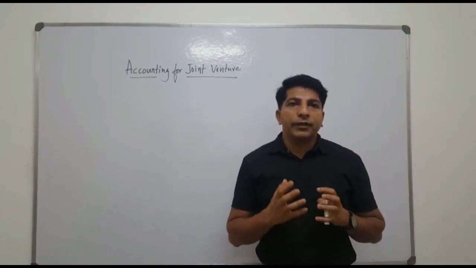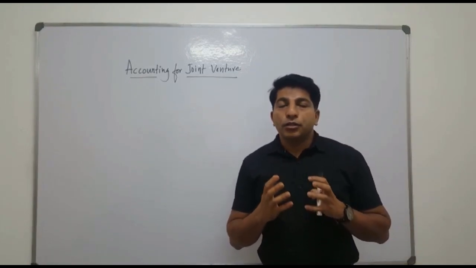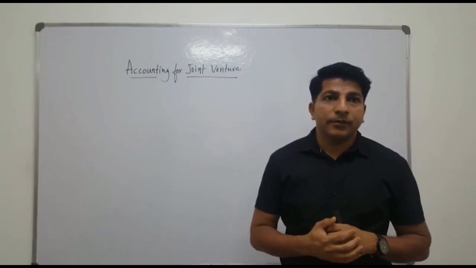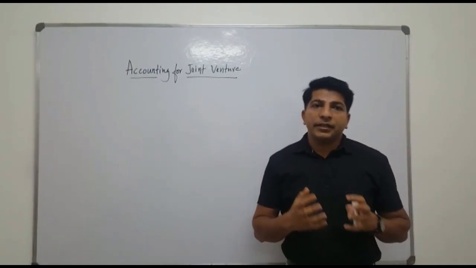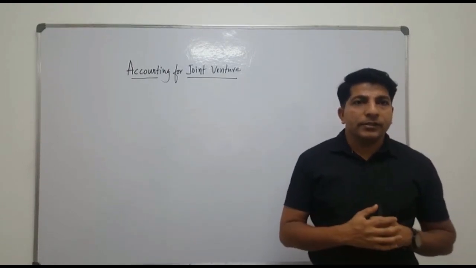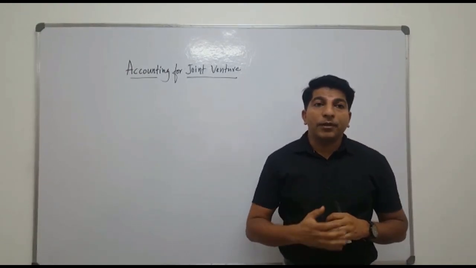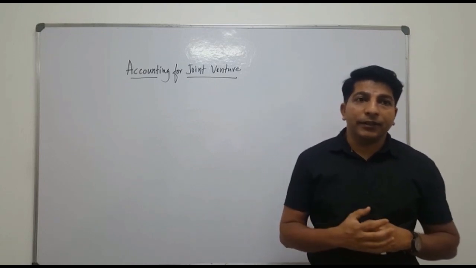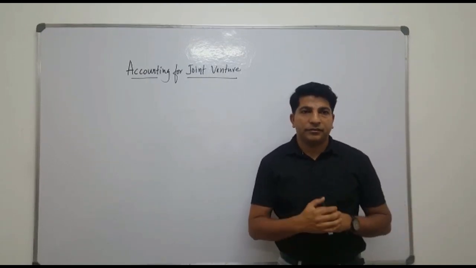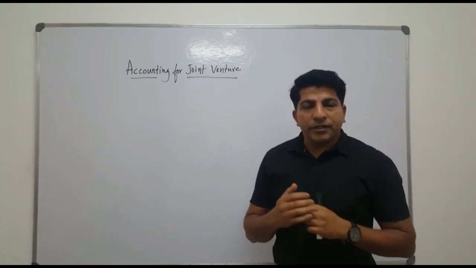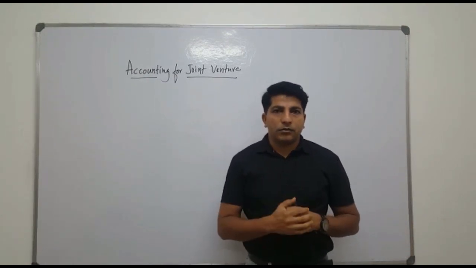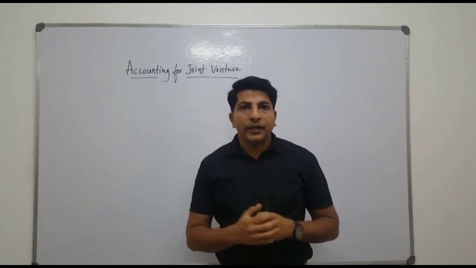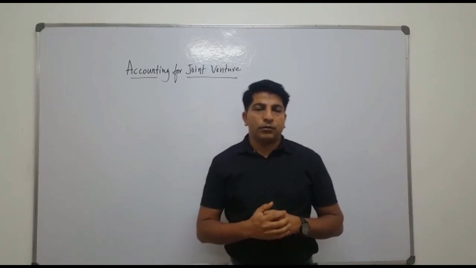Co-venturers may contribute funds or supply stock, materials, goods from their regular business. Co-venturers share the profits and losses of the venture after the completion of the business. The profit or loss of the venture is calculated on completion of the venture. In joint venture, we have to prepare three accounts. One is the joint venture account, second one is the joint bank account, third one is the co-venturers account.